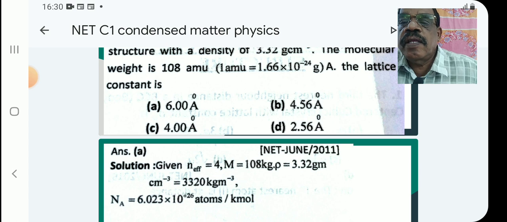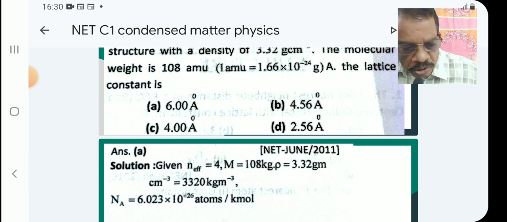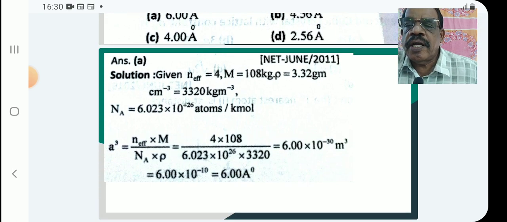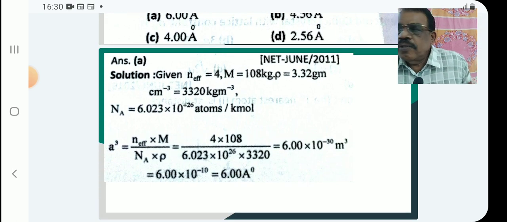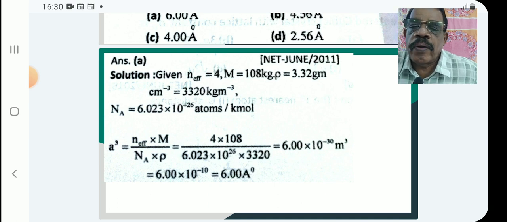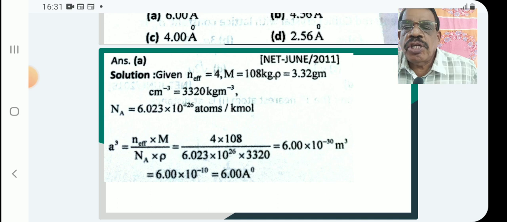The atomic weight is 108 AMU, and when we convert to kilogram, the corresponding value is 108 gram. That you write as 108 into 10 raised to minus 3 kilogram. If you take mass like that, then Avogadro number can be taken as 6.023 into 10 raised to 23 atoms per gram molecule. And if kilomole is taken, that is 26. So when Avogadro number is taken as 6.023 into 10 raised to 26, then you have to take the molar mass as